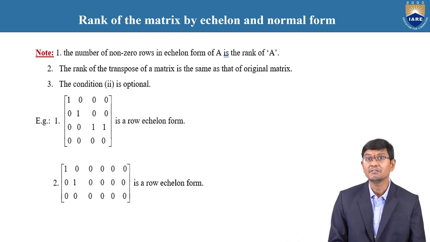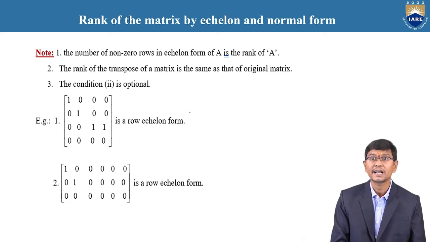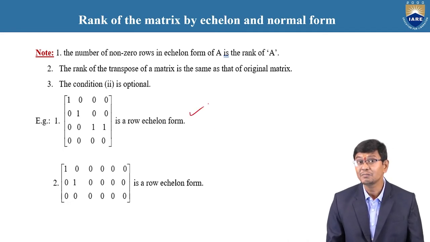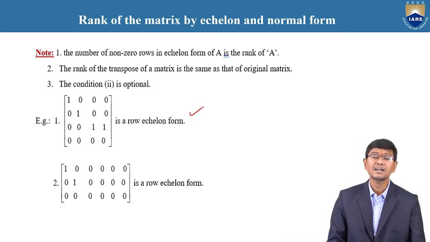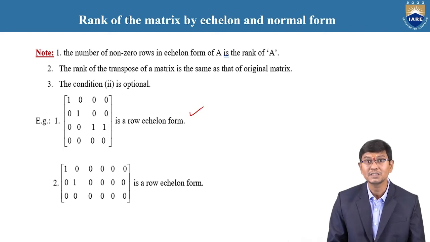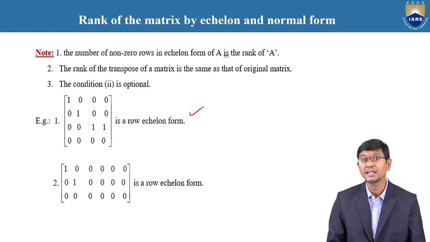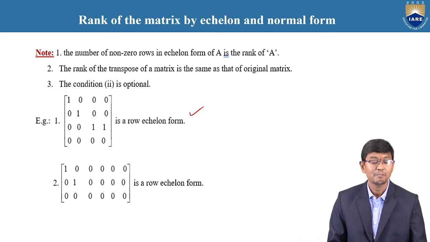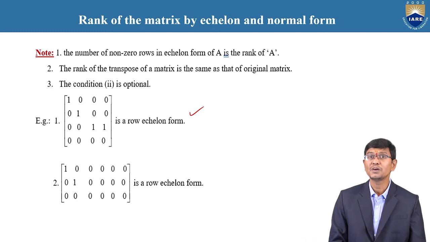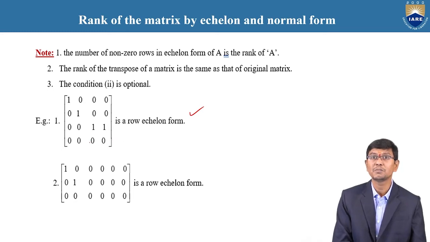First, we need to understand how it satisfies the echelon form. Sometimes the echelon form is also called the row echelon form of a matrix, because for the echelon form of a matrix we need to apply only row operations. Due to that reason, the echelon form of a matrix is also called a row echelon form of a matrix.